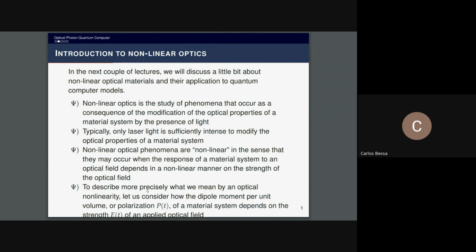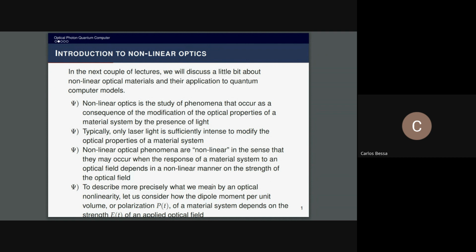To describe more precisely what we mean by an optical nonlinearity, let us consider how the dipole moment per unit volume, which is also known as the polarization given by the letter P, of a material system depends on the strength E of the applied field. So the applied field, in this case the electric field, right? E here represents the